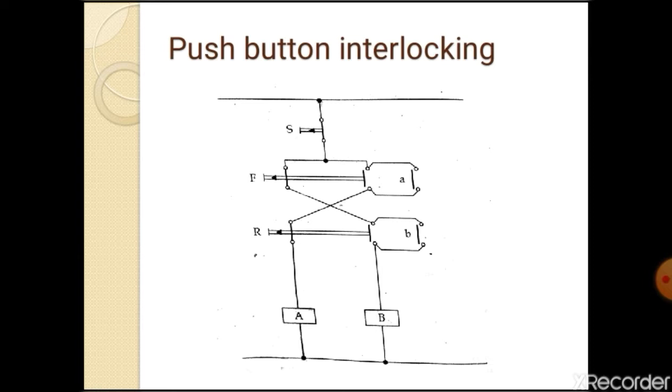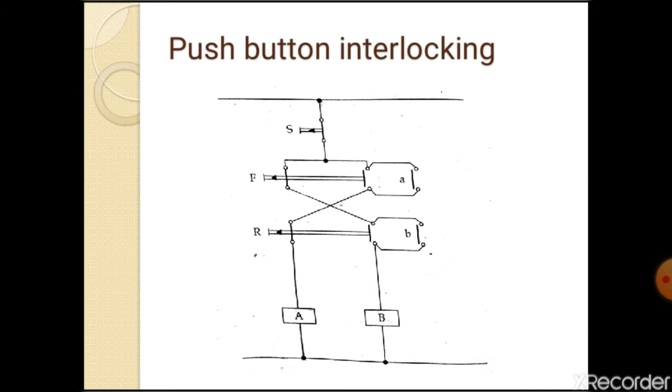Through contactor A, the motor is fed with a three-phase supply for forward rotation, whereas through contactor B, the motor is fed for reverse direction of rotation. Both NO and NC contacts of the forward and reverse push buttons have been used. When the forward push button is pressed, contactor A gets energized by getting supply through the NC contact of the reverse push button. The contactor remains energized even when the pressure on the push button is withdrawn, as the contact of contactor A is now closed.